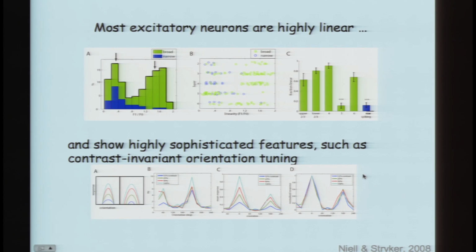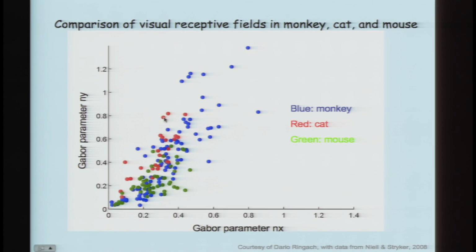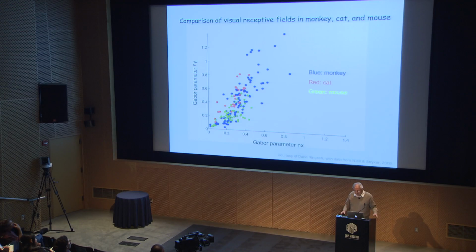And even in the mouse cortex, these neurons do very elaborate things, such as contrast invariant orientation tuning, which has been the subject of a great deal of modeling because it takes a sophisticated circuitry to produce this. Practically all the cells are responsive, most of them simple cells in layer 4 and the upper layers. And in a means of plotting receptive fields that's scale invariant, devised by Dario Ringach, when Chris put the data for the mouse, plotted it on top of the data for cats and monkeys, it just fits in